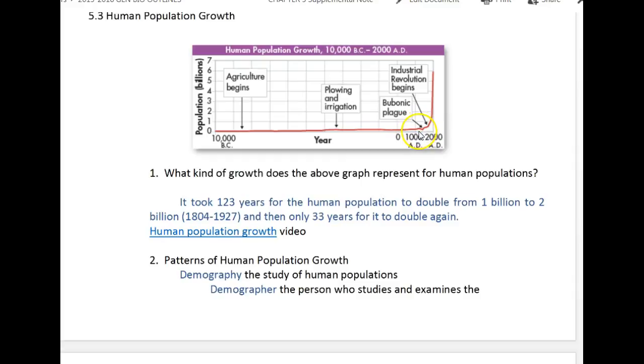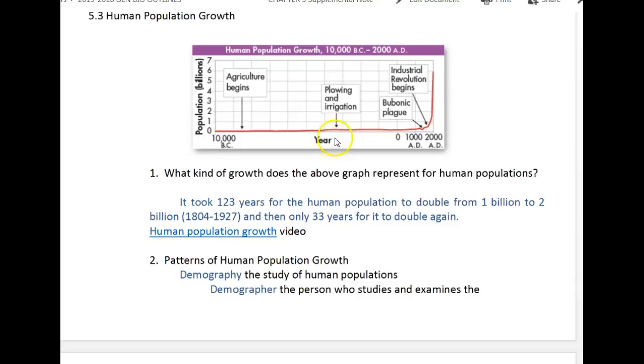When we get to about the year 1400, there was the bubonic plague, and that wiped out a large portion of the population. It was carried by fleas. So cleanliness, we found out, was next to godliness. If you weren't clean, you were going to go see God pretty soon because you would get fleas. And then as soon as the Industrial Revolution began, in the 1800s and 1900s, we see the population begin to grow and continue to grow. We're about 7.4 billion people now across our planet.